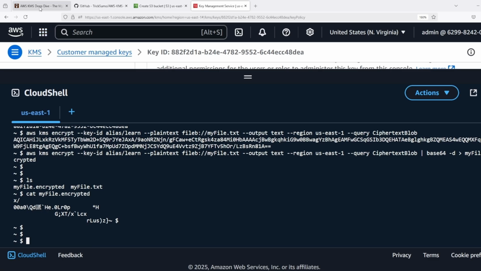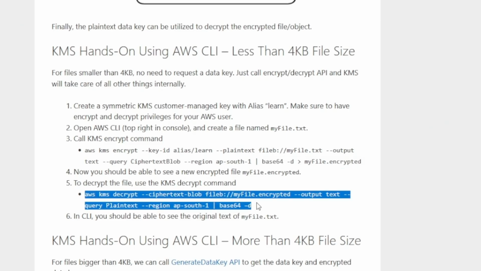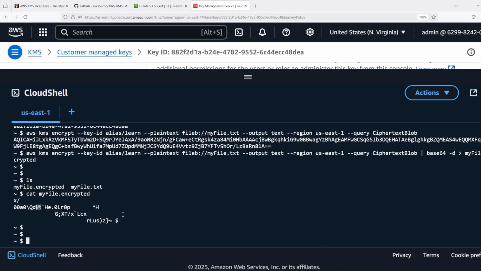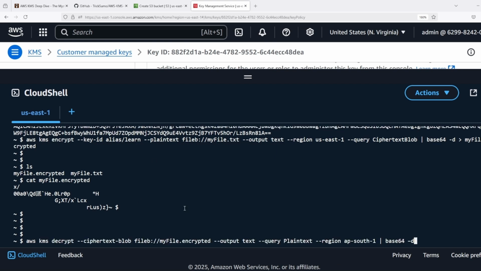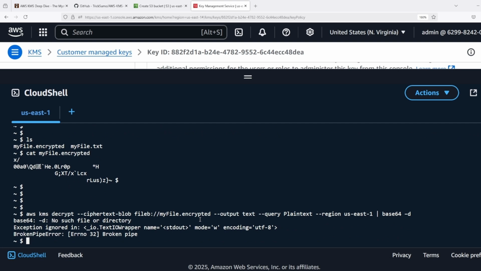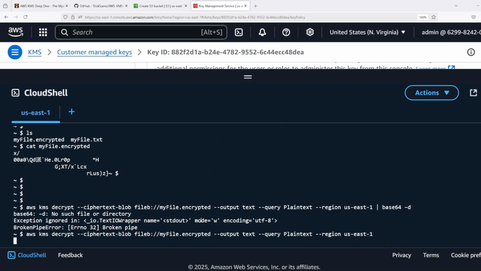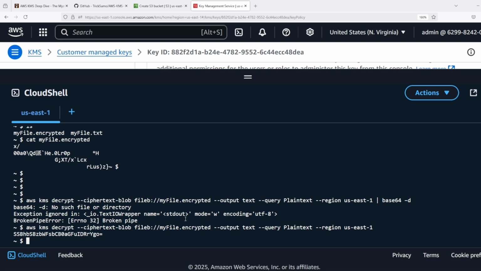Now let's decrypt this file, and for decryption we will use the decrypt command similar to last time, but here instead of sending the encrypted data key, we will send the encrypted file itself. Again I will correct the region and enter. Error is there. Let's run this much only. I got this,